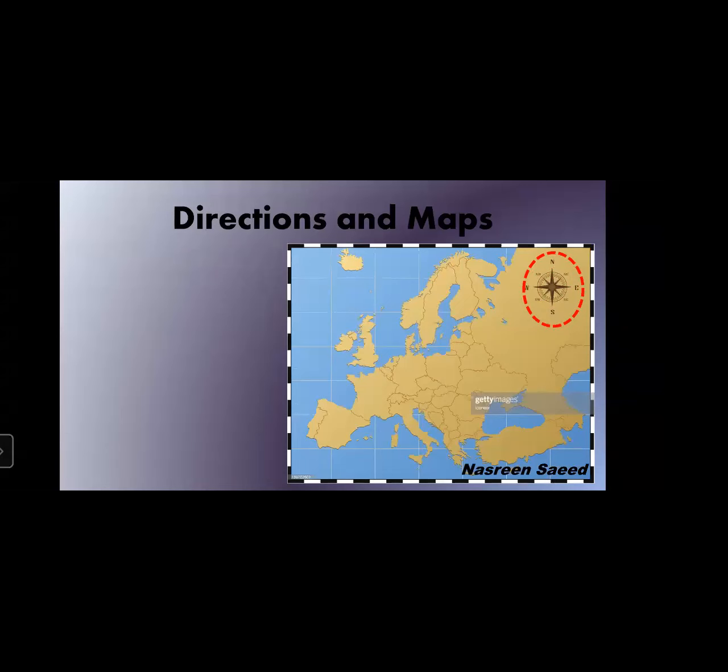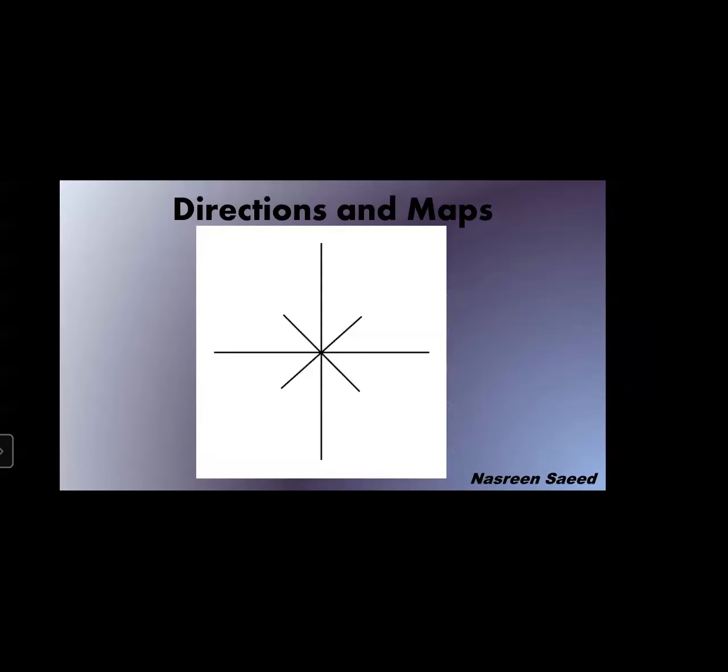Now, what is this? I have just shown it with a red circle. We have all seen maps. This thing on the map is called a compass rose. What is this thing on the map called? It is called a compass rose. Now, what is a compass rose? A compass rose shows direction and subdirection on a small scale, on a small piece. It shows the directions and subdirections, that is a compass rose.